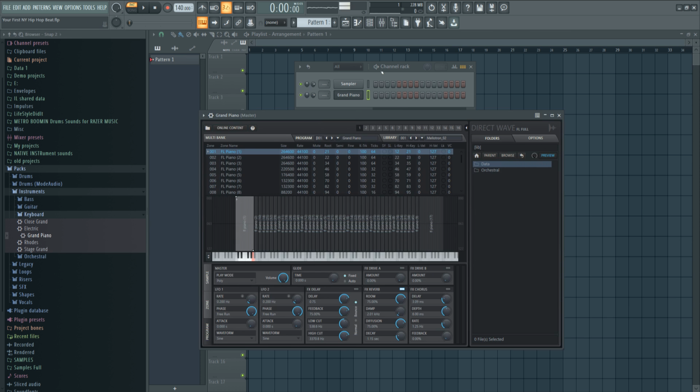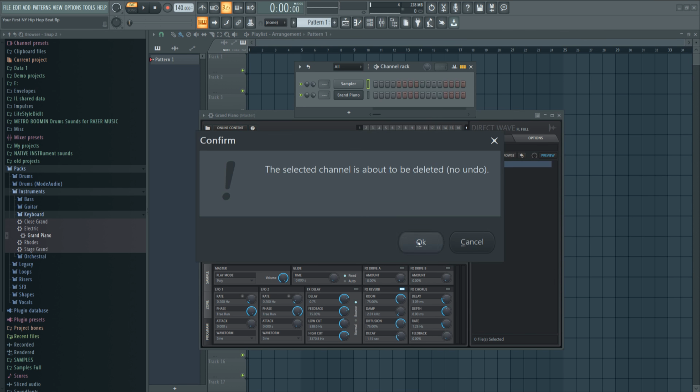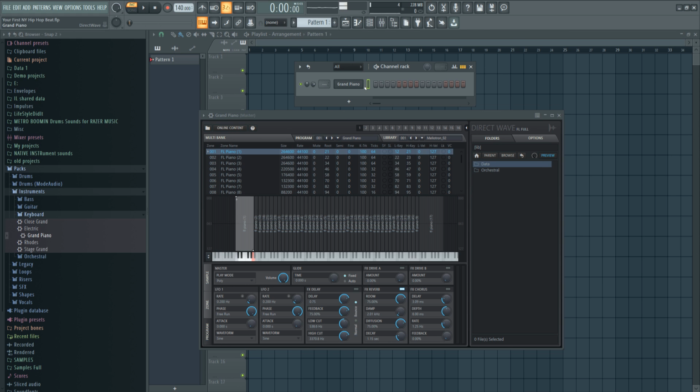Alright, so now that the piano is loaded up, go back to your channel rack. You can get rid of the sampler here by just right clicking and deleting. It's empty anyway. Now for the grand piano, I want you to hit Alt M so it hides or reveals this little dash. What this dash is, is a routing mechanism, and we can route this sound to our mixer where we can add effects. So let's left click and just drag this up until it says 1.